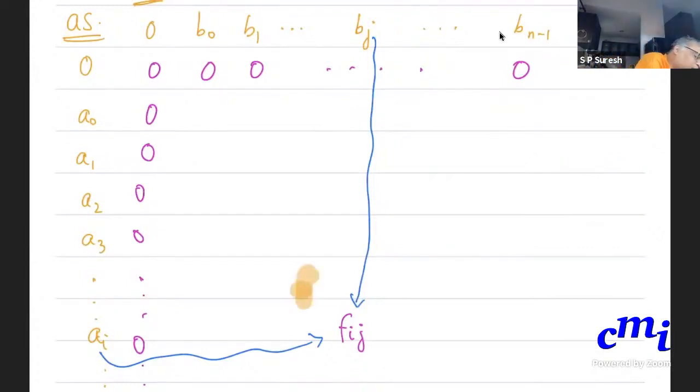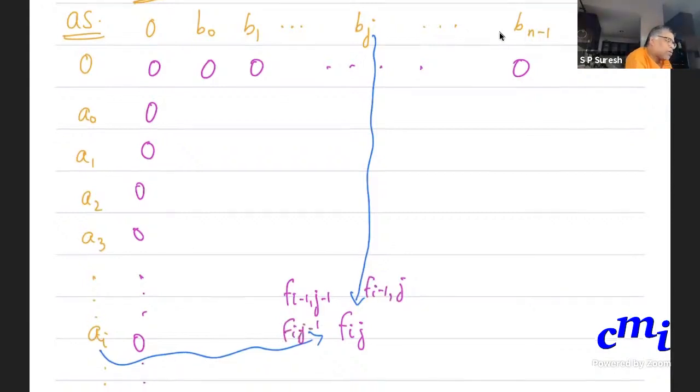So that is the diagonal entry. Otherwise, you will take f of I minus 1, j and f of I, j minus 1, the max of them. So in general, there are 5 values that flow into the computation of Fij. It depends on AI, Bj, and then the upper, left and diagonal values.